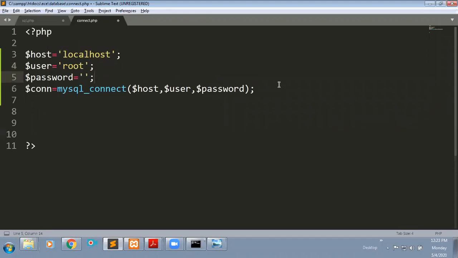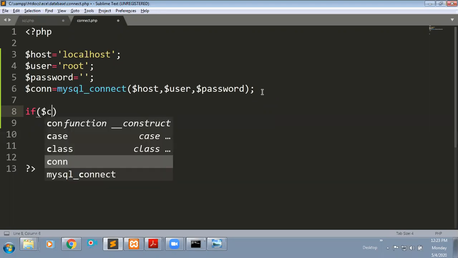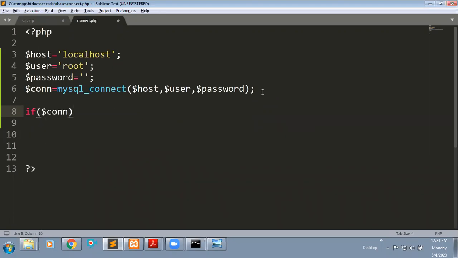Then by using this function I am passing all the parameters like host, user and password. Then I'm checking the condition: if this condition is true, it is connected to your server.